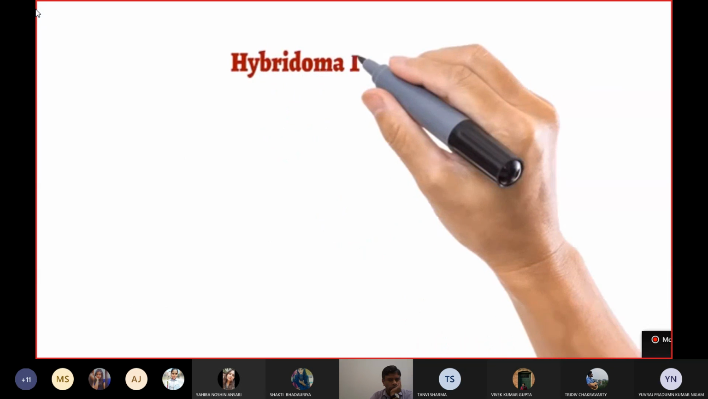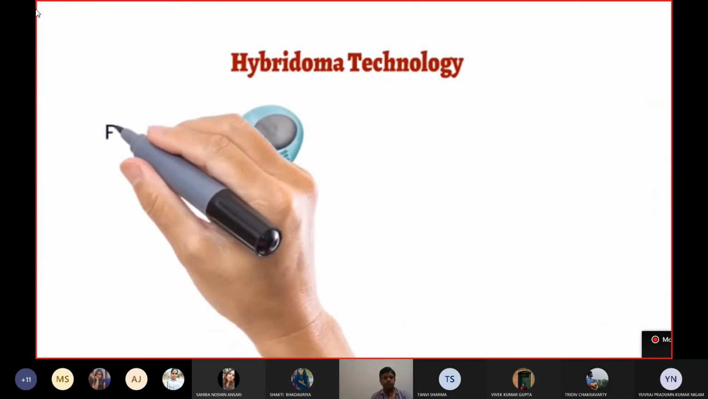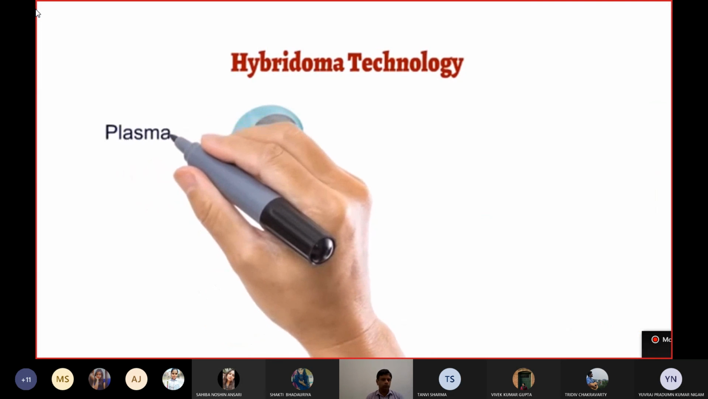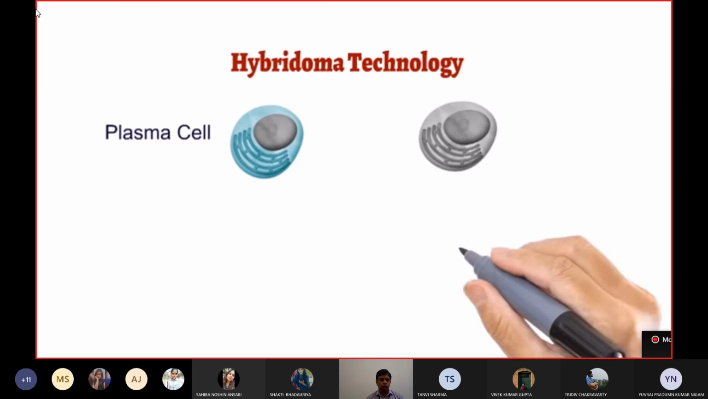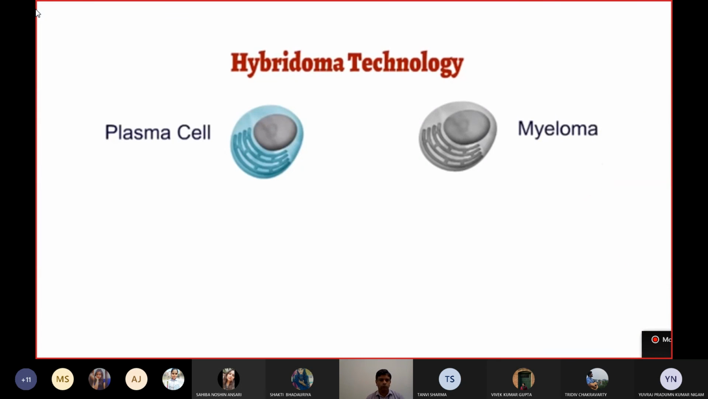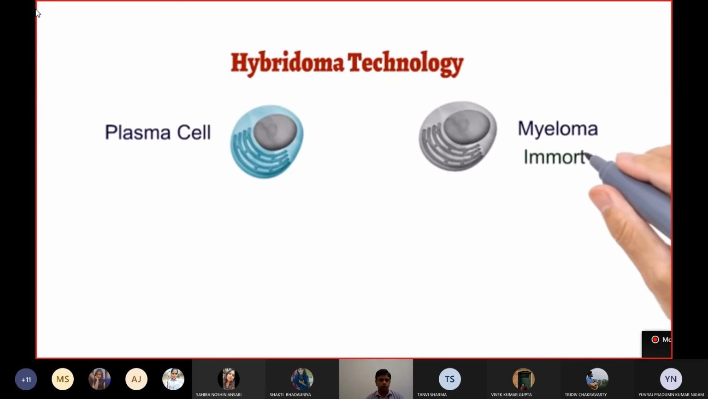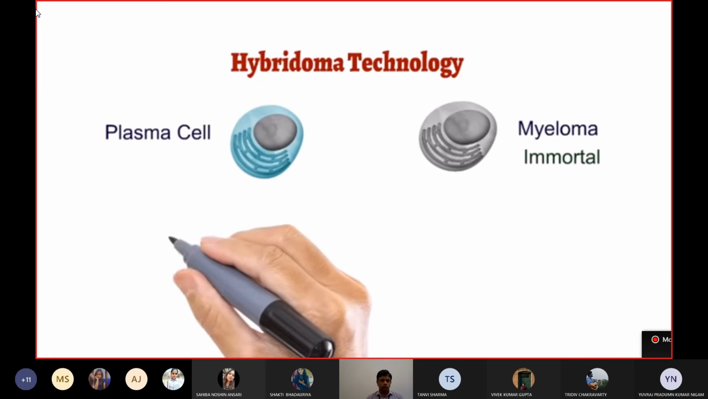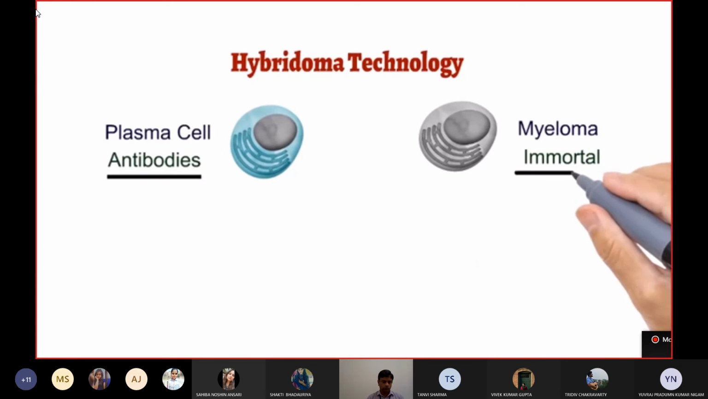In hybridoma technology, this problem of short lifespan of plasma cell is overcome by fusing it with a cancerous cell, which is called a myeloma cell. Myeloma cell, due to being a cancerous cell, is immortal in nature. So we have fused one cell which has the ability for production of antibodies and another cell which is immortal